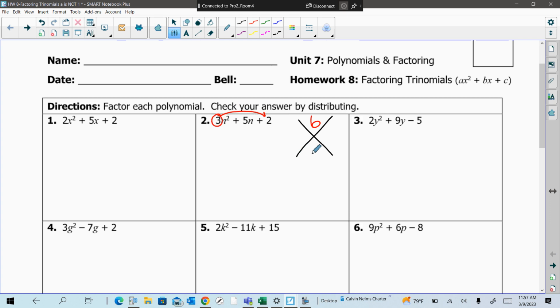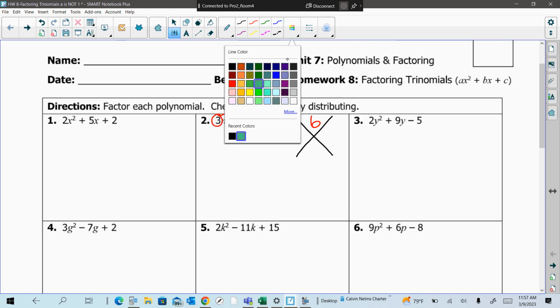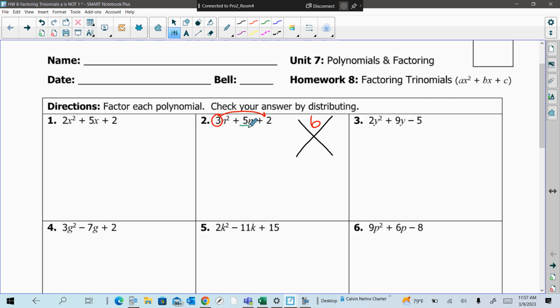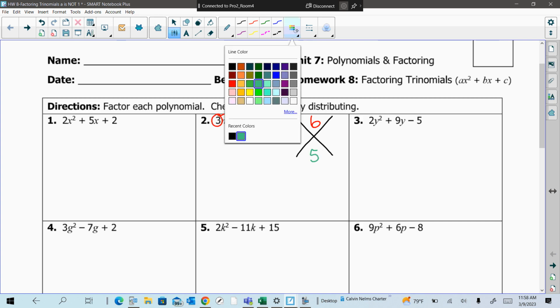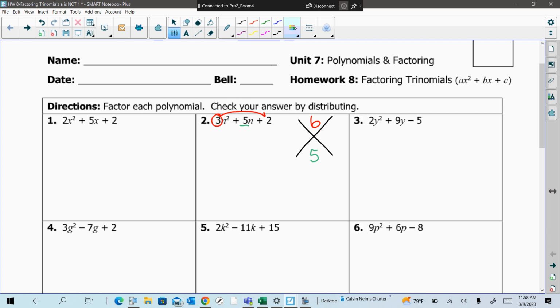That would be our number at the top of our X puzzle. The bottom number is still going to be the middle term. So here our middle term is the 5n, so we just put 5. So we are looking for factors of 6 with a sum of 5. That would be 3 and 2. 3 times 2 is 6. 3 plus 2 is 5. So when we write out, just like we did before, with just a basic trinomial with no coefficient, we're going to say n plus 3